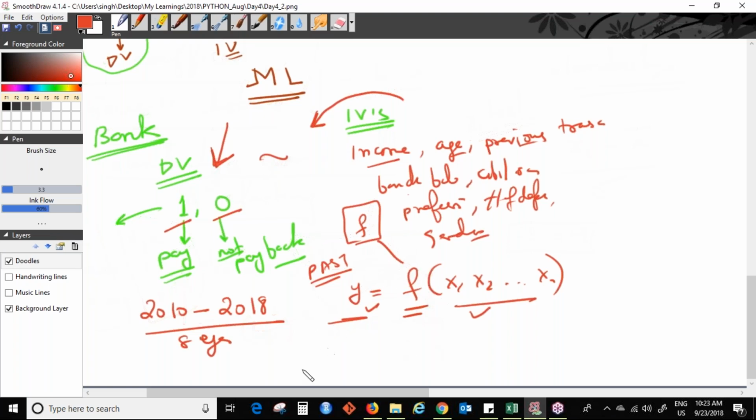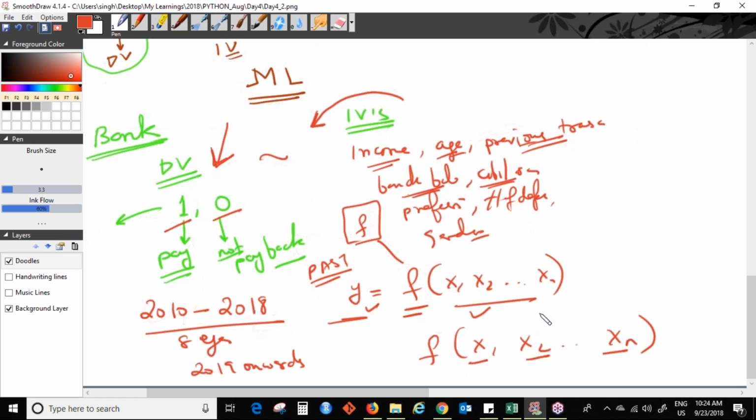And once you have found this f, now what can you do for the new data, let's say 2019 onwards? Since you know f right now, you can plug in new values of the independent variables. So when new customers apply for a loan in 2019, you can ask the customer's income. Obviously a bank will ask for it whenever a customer approaches for a loan. The bank will also ask the customer's age, previous transactions, bank balance, and CIBIL scores, and then